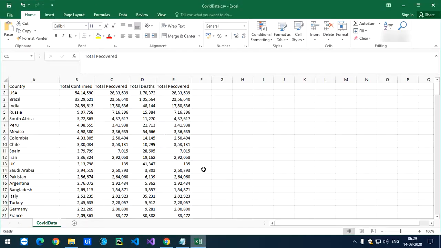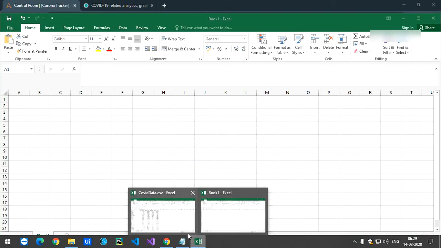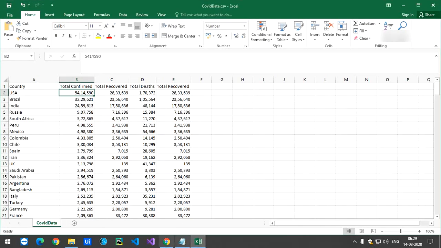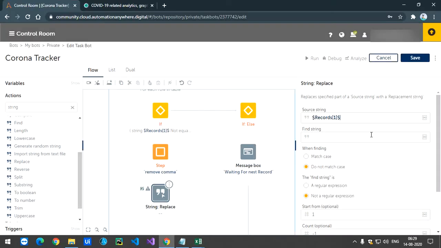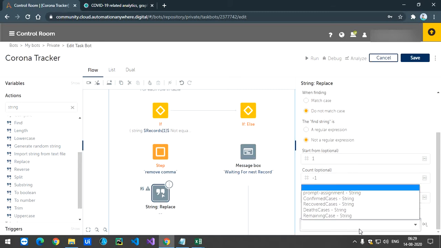This one will be ignored; for this it will show the message waiting for the next record, then it will come here. So that's what the first record is. Then I'll click yes and replace comma with nothing and store.